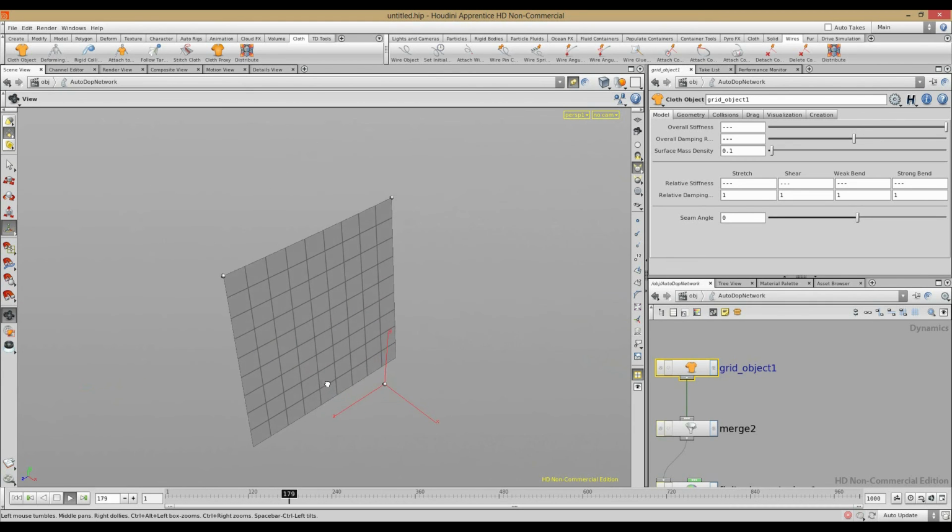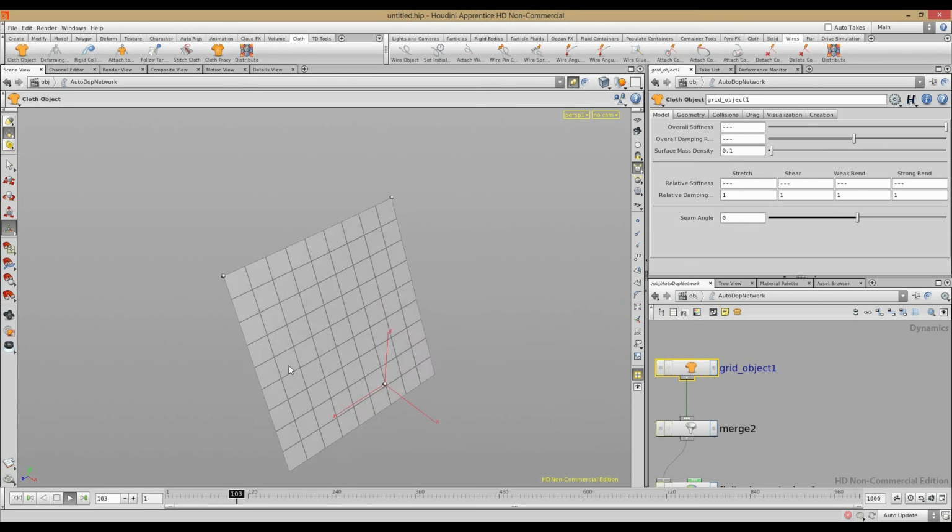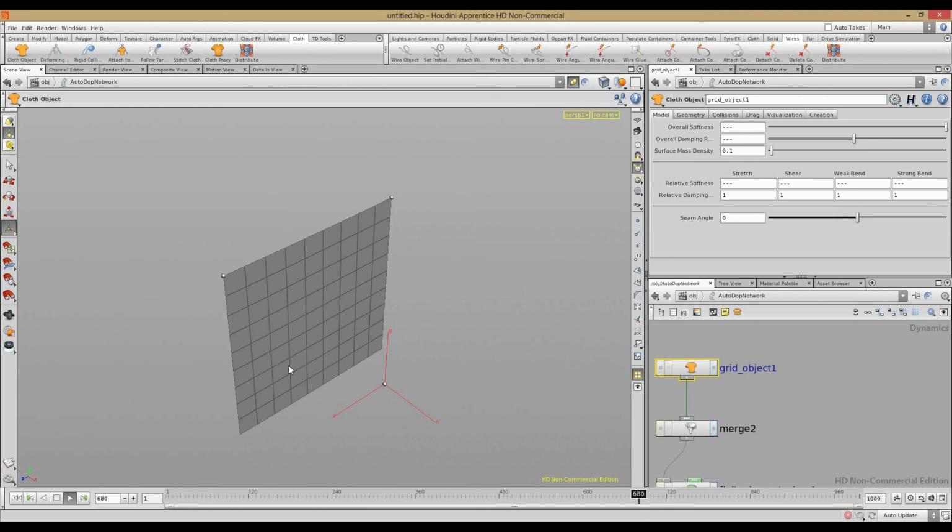And Houdini Help says it's better to use two cloths to simulate something than to mix cloth and RBD, because in case of mixing, Houdini has to calculate two different solvers, which will be more complicated and probably will give a worse result than if you have two different objects which are controlled by the same solver. Okay,